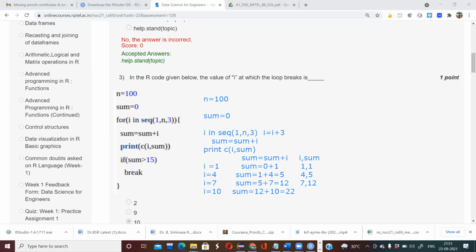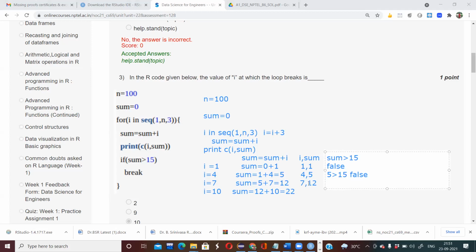Yes, the sum is greater than 15. Here you need to check, whenever you're calculating this sum, whether this condition, sum is greater than 15, is also satisfied. Here it was false. Here also it was false. Sum is 5, greater than 15? It is false, right? Sorry, it should be 5 is greater than 15, because you're comparing sum with 15, right?